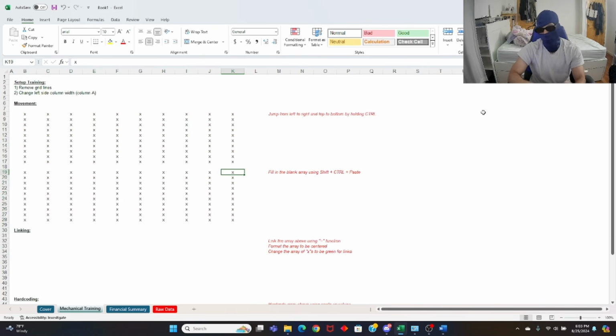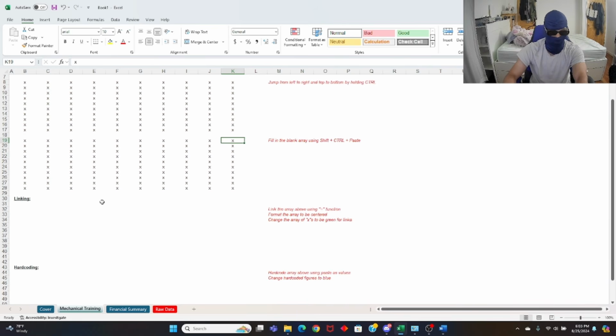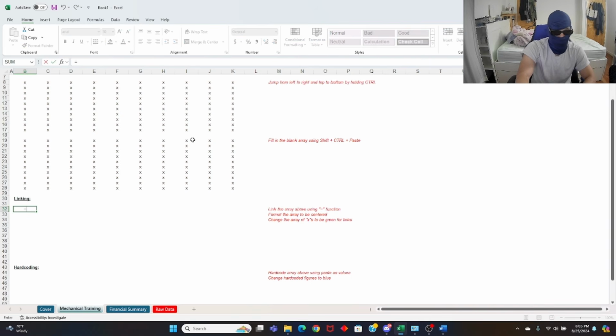So now we know up, down, control, shift. Those are your 4 basic fundamentals. And then control V, control C. And now we're going to do linking, right? Linking is the fun part, because what linking does is that it uses your equal sign, and then it brings you a value from another cell that you're linking it to, right?